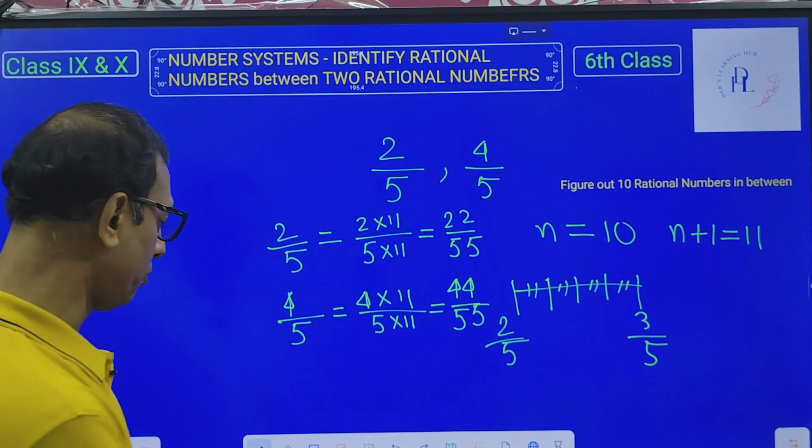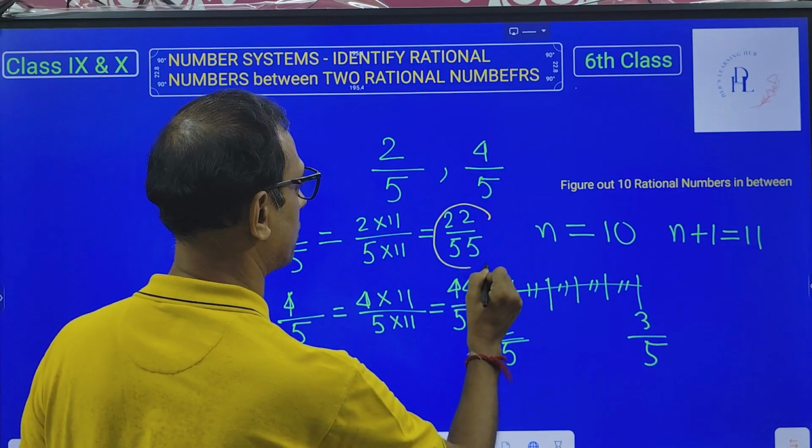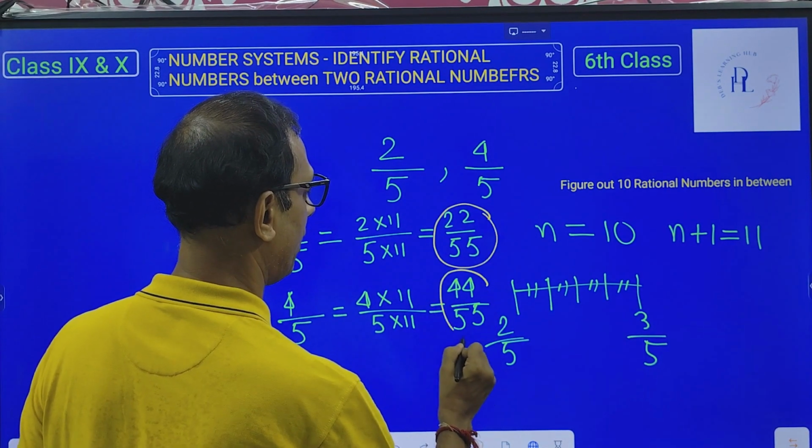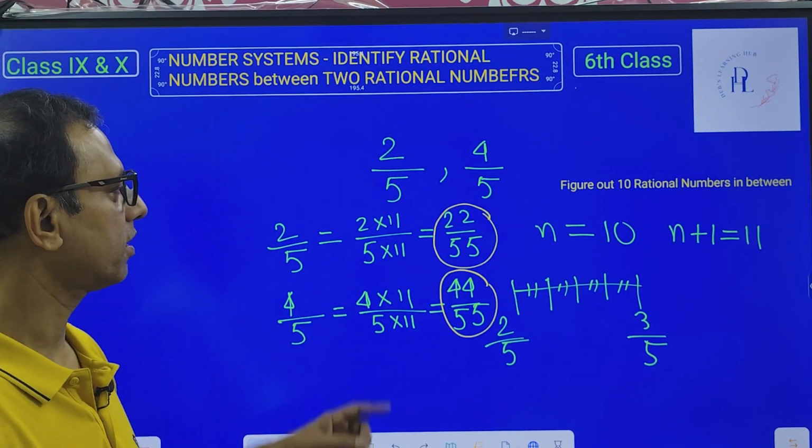So now if you need to figure out 10 rational numbers in between this 22 by 55 and 44 by 55,